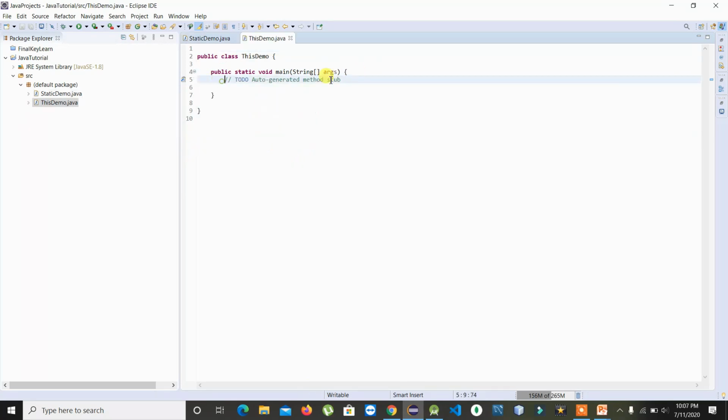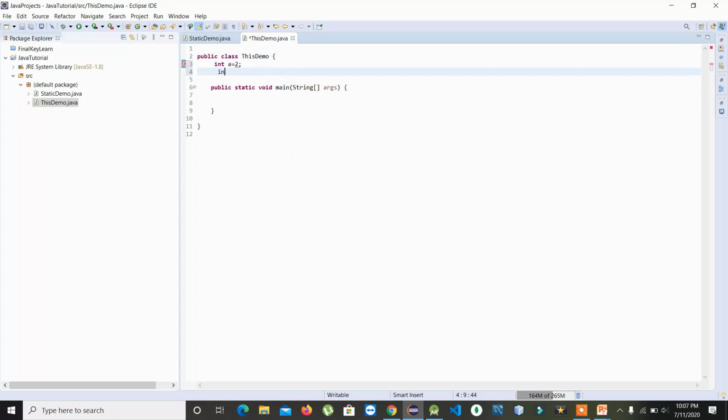So this is a class for this. I'll take a variable int a equal to 2 and int b equal to 4.